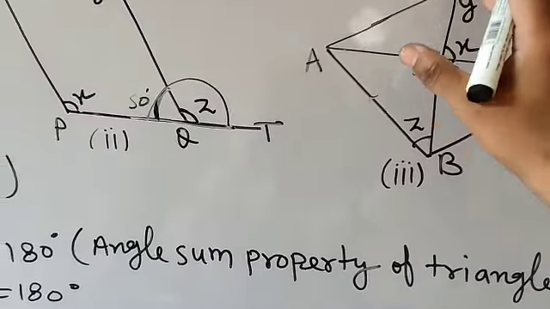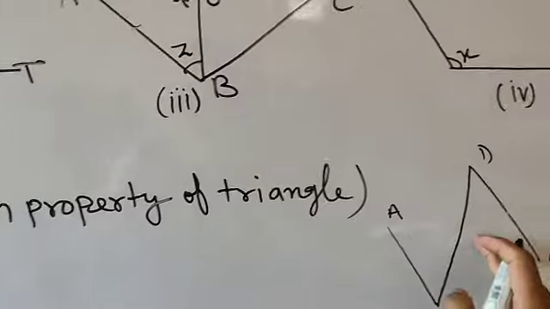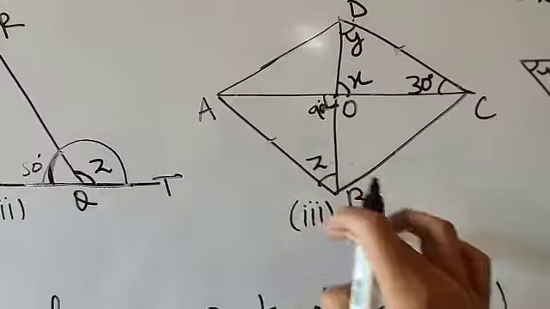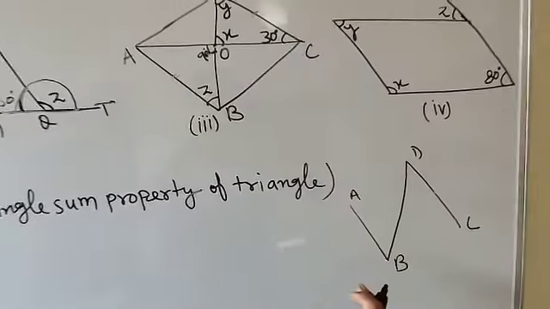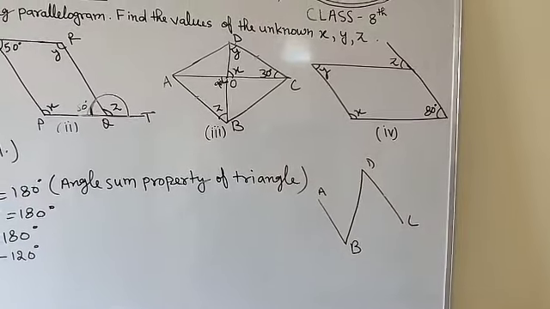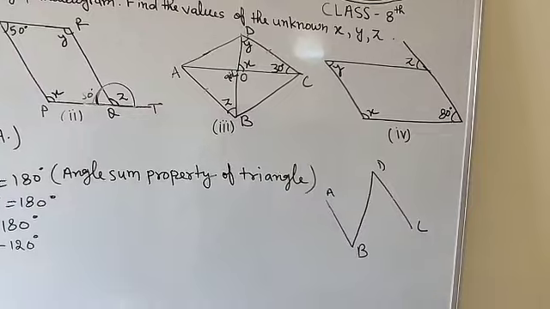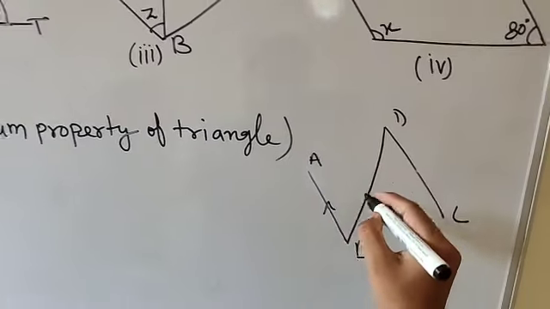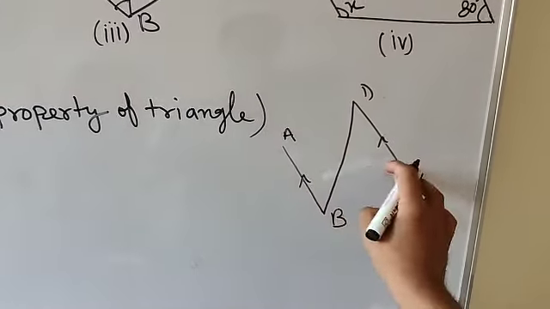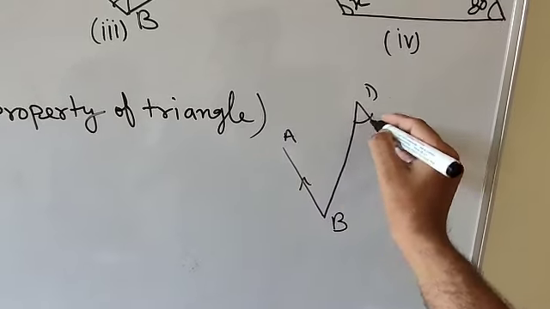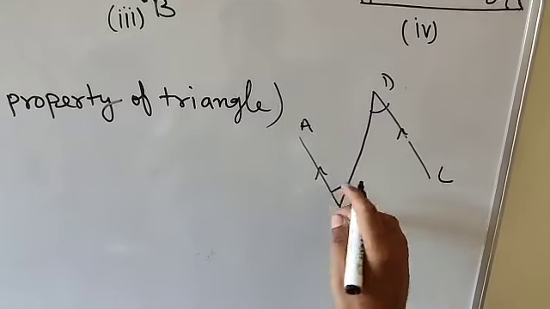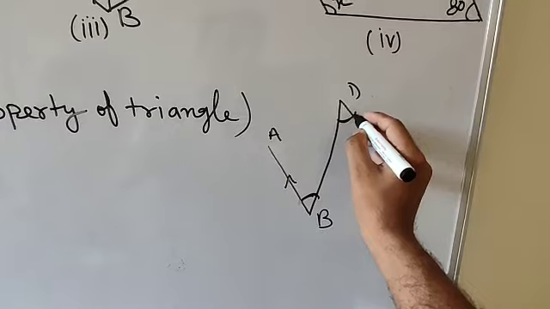I am going to draw the same diagram here separately. So here it is AB, I have drawn AB. You can find it matches with the original diagram. I have drawn AB, I have drawn DC, and I have joined BD. If these two lines are parallel, these are the opposite sides of the parallelogram. So these two are the alternate interior angles. These are alternate interior angles.